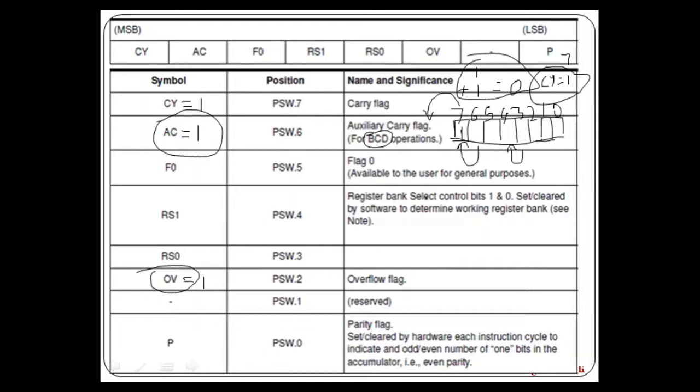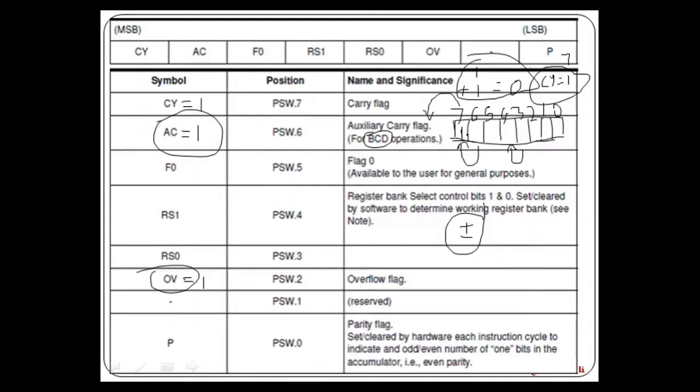It is very important when you perform operations on signed integers. What do you mean by signed integers? Numbers which have plus and minus, which carry this sign information as well. Now you must have never been bothered to check the overflow flag. Why? Because you assume that the numbers that you are using are unsigned integers.